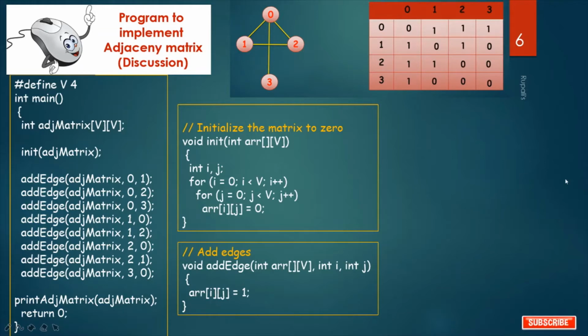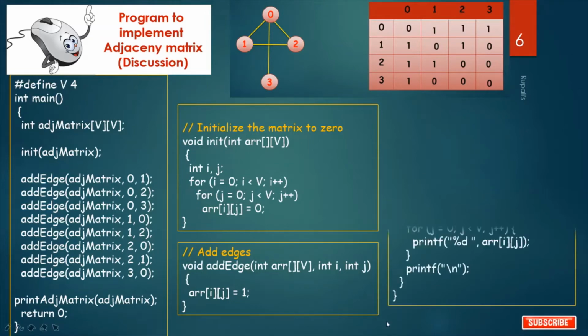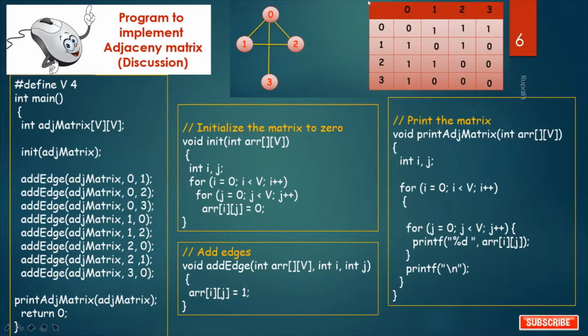Now I want to print our matrix. So how can I print this matrix? By calling one print ADJ matrix function. See the function? Here also I am passing this two-dimensional array. And there are two for loops, one for row, another for column. And I am printing this whole array. Now, after each row, for printing the next row, there should be one backslash n, because I am printing the next row on the next line. That's why I am writing backslash n. In this way, I can print this total two-dimensional array, that is this adjacency matrix.